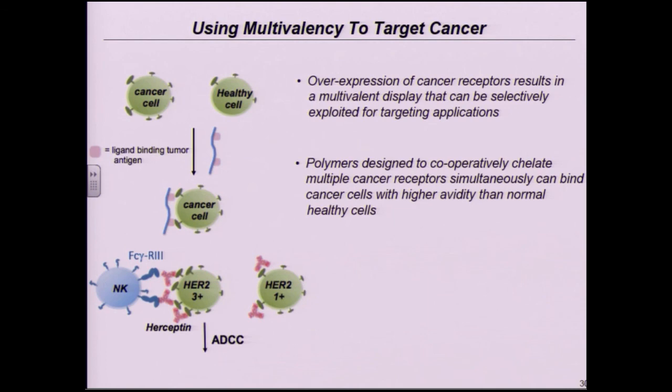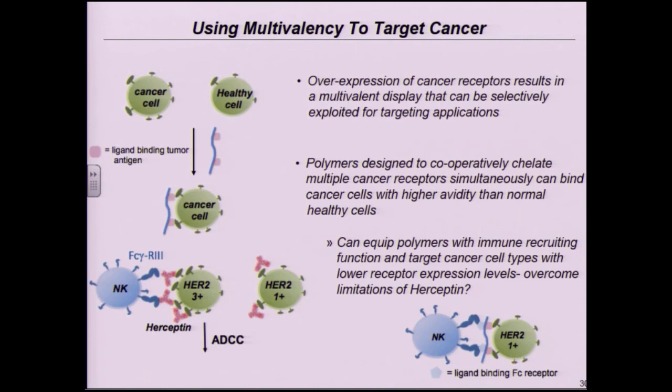And a large reason why we think this is because we're not getting enough antibodies binding to these lower HER2 expressing cancer cells. Keep in mind, this is still overexpressed relative to a normal healthy cell. It's just not as overexpressed as in the most aggressive of these HER2 expressing breast cancers, okay? What we can do with polymers, and what we're excited about, is that we can actually